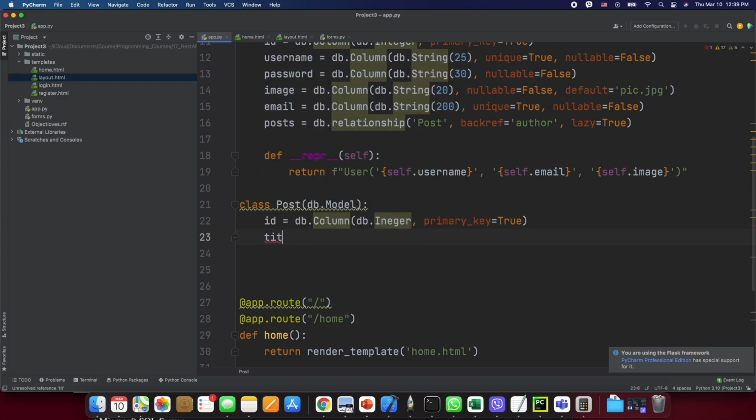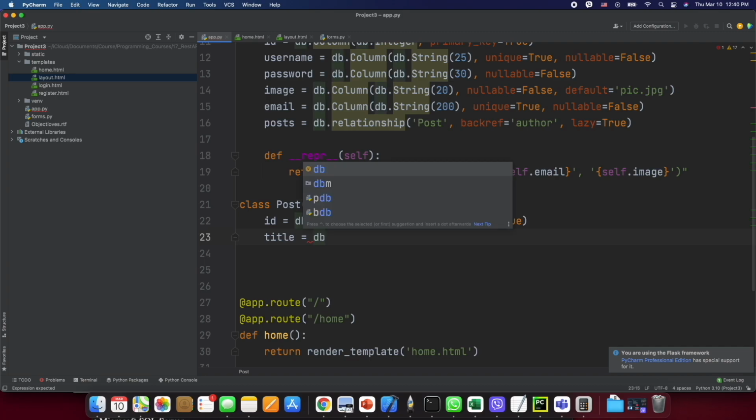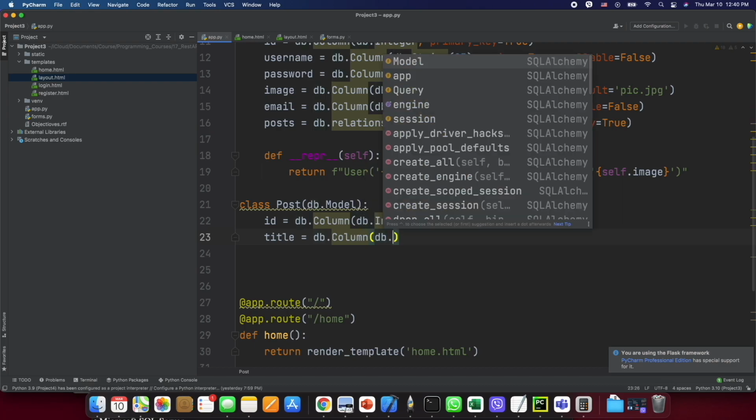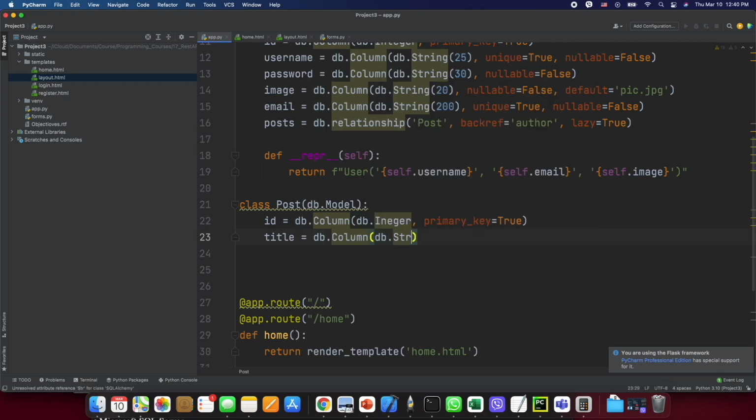Then a post will have a title. So the title will be again db.Column, and here I will pass db.String, and you can specify the maximum characters of that string, and then you can do nullable